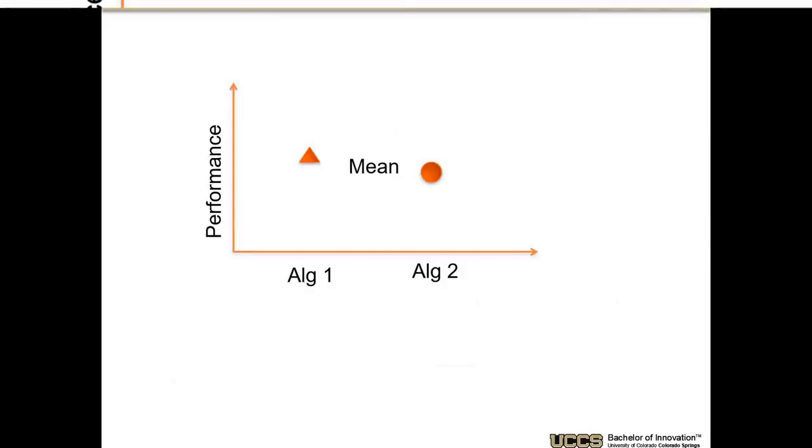Standard type of computer science stuff. Here we have two algorithms. Performance, higher is better. Here is the mean of algorithm 1 and algorithm 2. Which of these is better? Algorithm 1 is better at the mean. You define mean as the definition of better, but